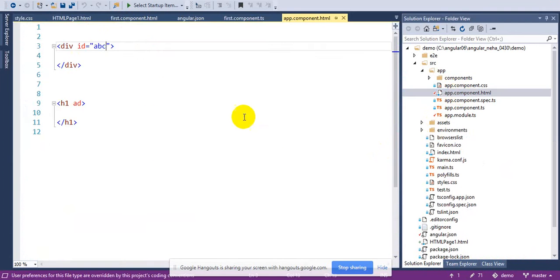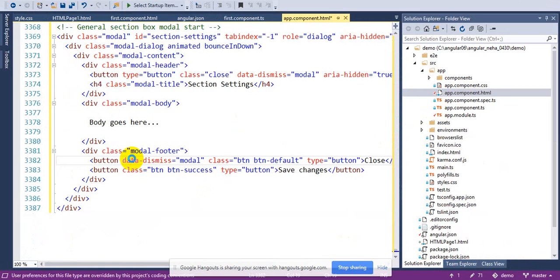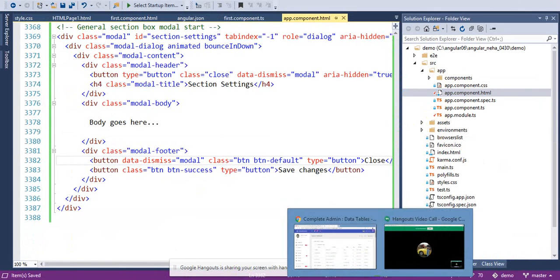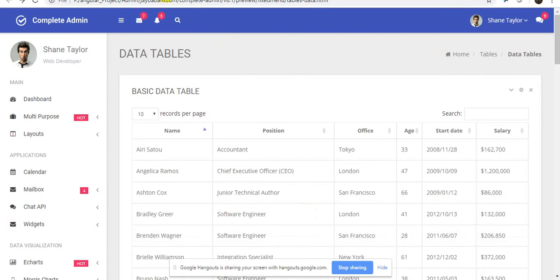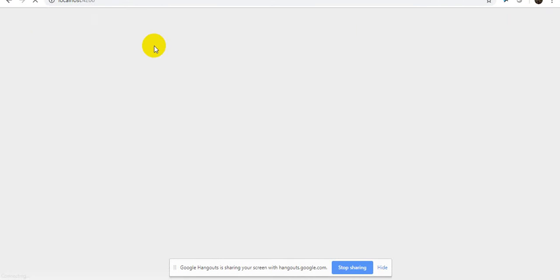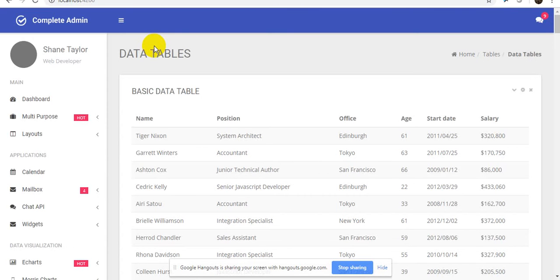And I am going to my page, app.component.html. Okay? Control A, Control V. Again Control S. Okay? And let's see my page, go to localhost:4200. It should seamlessly be the equivalent of the page. Let's see whether it's coming or not. First time it is coming, it's coming as the 100% same page.